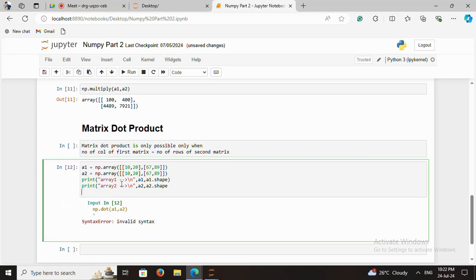Print array 1. Fine. \n for the next line. Double quote has been closed. Comma a1 comma again a1. Okay, just calculating the shape. Fine. Then array 2. Then next line for \n. Okay, a2 bracket a2